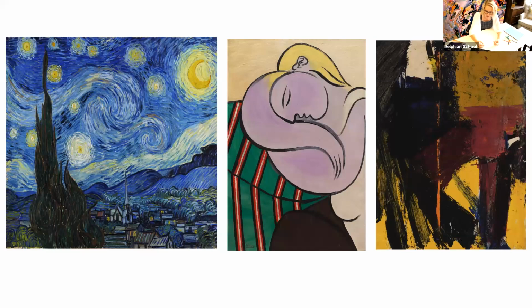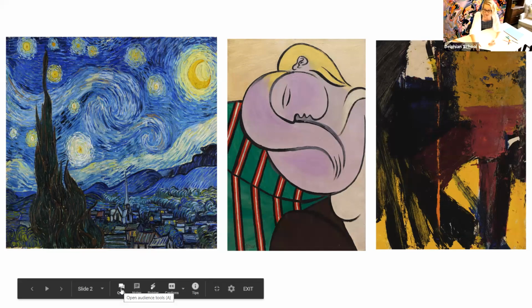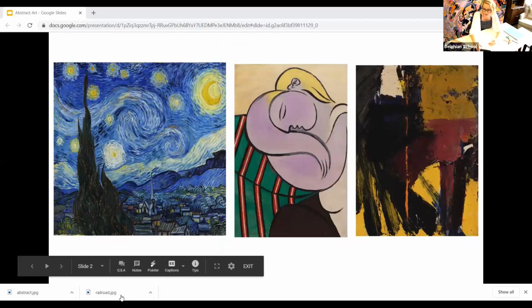So here in this picture, we've got Starry Night by Vincent van Gogh. We've got Woman with Yellow Hair by Pablo Picasso. And we have an untitled painting by an artist named Francis Klein. Now, each one of these is technically abstract art, but they kind of go from a scale from partially abstract to fully abstract from left to right. So in Vincent van Gogh's Starry Night, it's definitely what I would consider to be an abstract painting